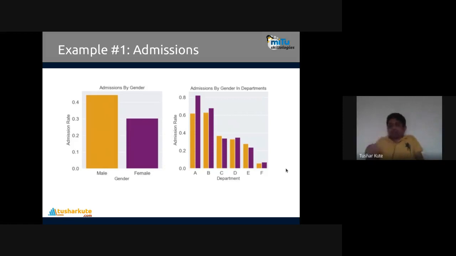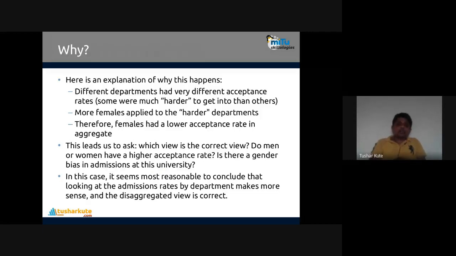If you separate them by department, this is what we call Simpson's paradox. Splitting the data will change your conclusion. Your probabilities will change here. Overall, if you are getting admitted to the particular school, the highest probability is given to the male. But if you go by department, the probability is inverse, almost 80% changes are there in the probabilities. The probability of getting admission for male or female is changing continuously.